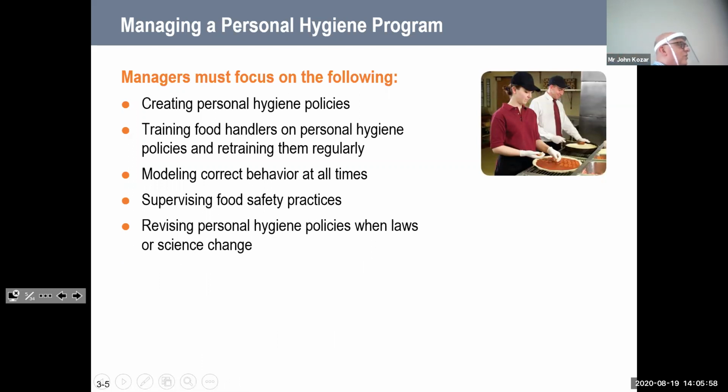So clearly we're in a semester where things have changed. Y'all are wearing masks and I'm wearing a face shield, okay? Because we're all trying to protect each other against the COVID. And things happen. So it's a good example of when things change. A year ago, nobody would have ever imagined we'd be doing things the way we are.